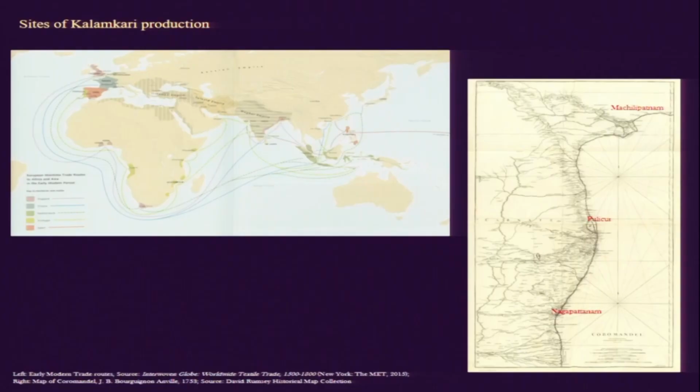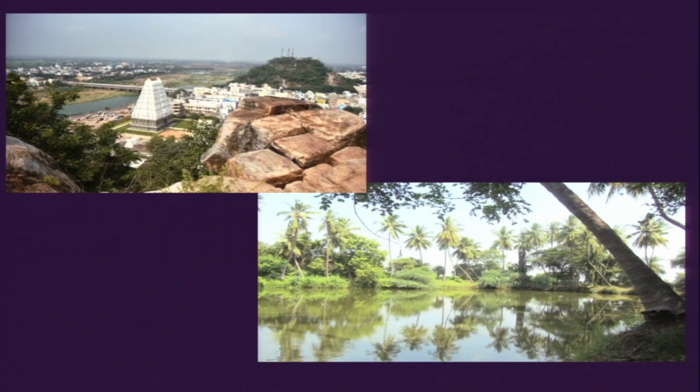Now, in a different situation, in the temple town of Srikalahasti, which is very close to Pulicat lake, and if you see this, Pulicat is situated here, and Machilipatnam would be somewhere here on this Coromandel coastline. In this temple town of Srikalahasti, we have this great temple dedicated to the Hindu god Shiva, the Srikalahastishwara temple, and his consort Jnana Prasunambika. This temple became one of the prime sites for patronizing a particular kind of kalamkari.